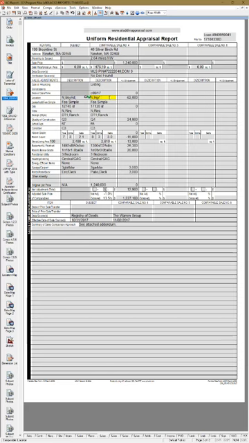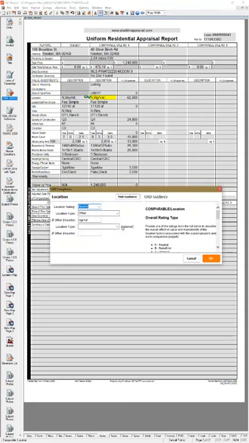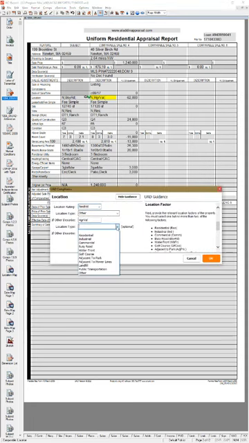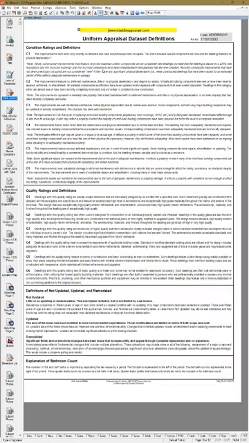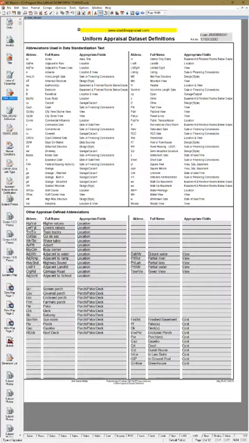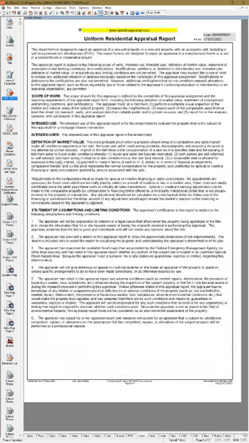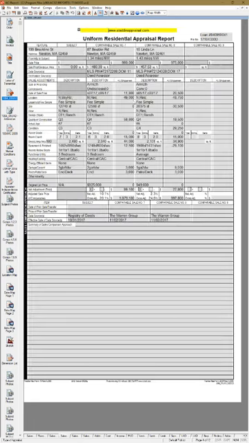So HGRVAL, this is one of those that we have to type in. Higher values isn't one of the given adjustments. The given adjustments are limited to all the things on here. Residential, industrial, commercial, busy road, waterfront, blah, blah, blah. So whenever I type in my own, I actually have a list of these. I'll just give you a quick peek at that. The UAD pages towards the end of the report come with this list. There it is, HGRVAL. So we can make up our own abbreviations, but we have to give an explanation. So I'm going to give it